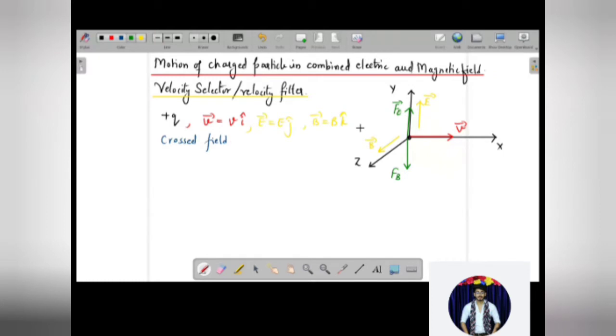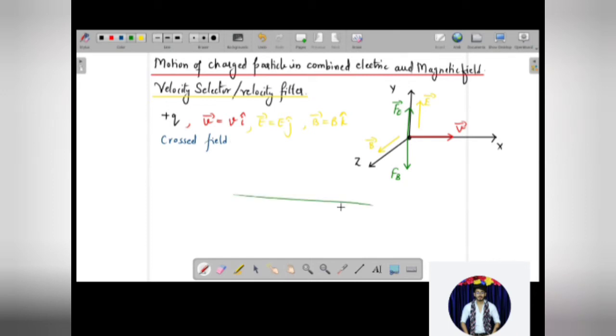Now what exactly is a velocity selector? Basically, a velocity selector is an arrangement of cross fields. As you see over here, you have magnetic field and electric field put perpendicular to each other in a particular region, which is going to help us select a beam of charged particles of a given velocity. You can select the velocity you want, irrespective of their charge and mass, whatever may be their charge and mass.